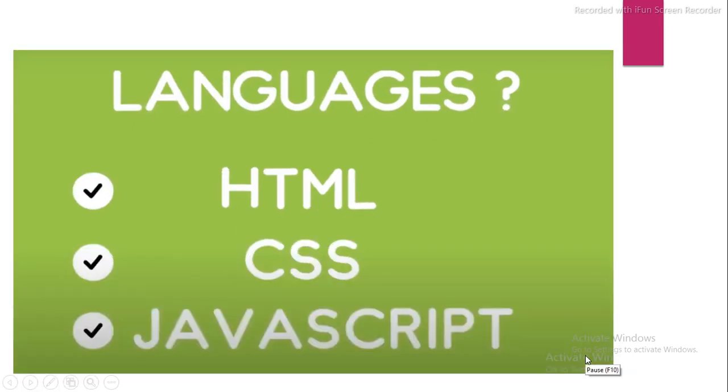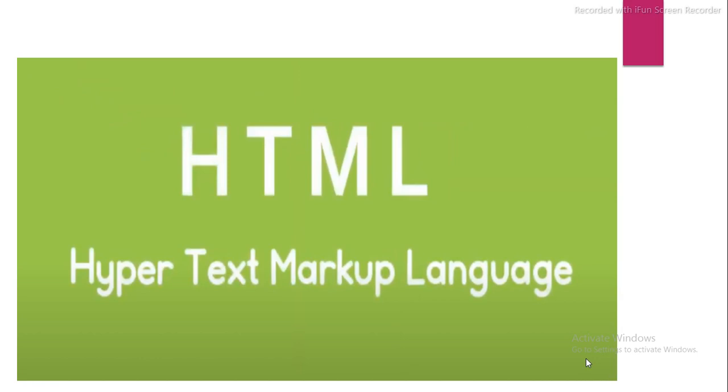These are the three main languages from which we create any web application. If we compare our web page with the human body, HTML is the skeleton, CSS is the skin, and JavaScript is the brain of the web application. First of all, we start with HTML, the hypertext markup language, which is used for making the skeleton of any web application. HTML gives shape to any website. It makes a proper shape for every website or web application.